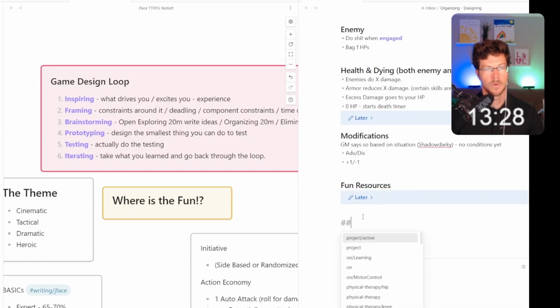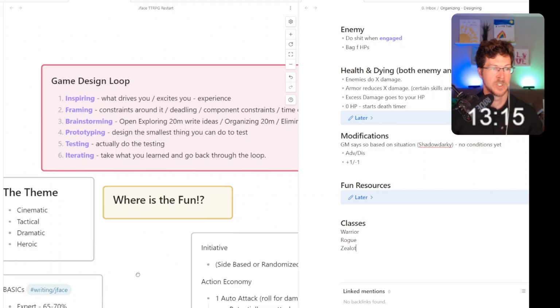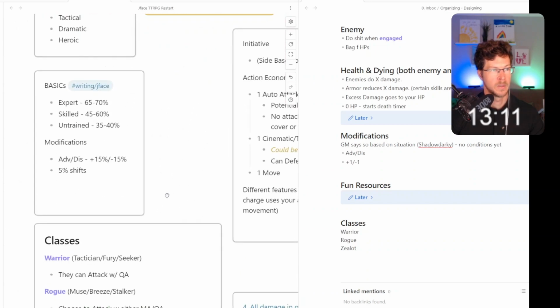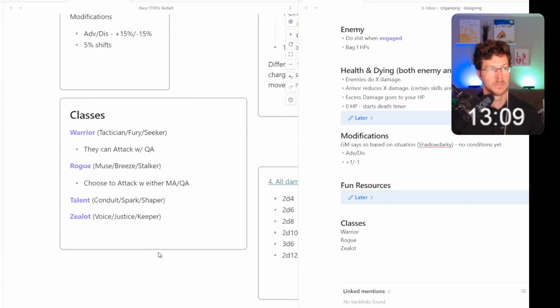I'm not going to cut any more for now. Let's just do warrior, rogue. We don't have a cast. Let's do warrior, rogue, zealot for now. Just because we don't have a magic system yet.